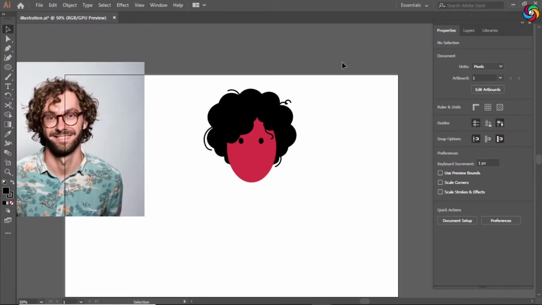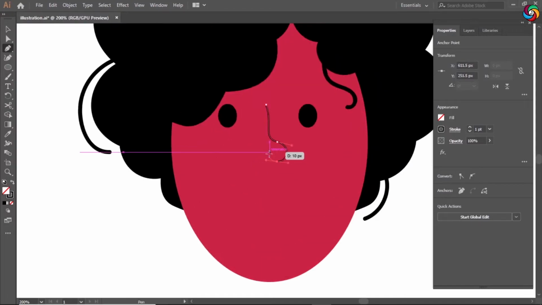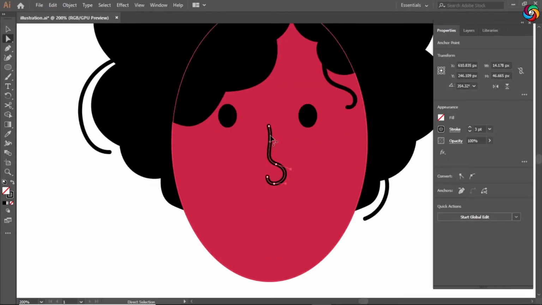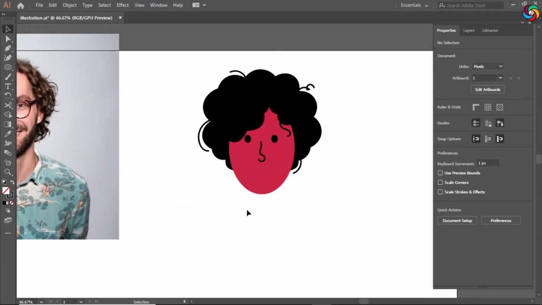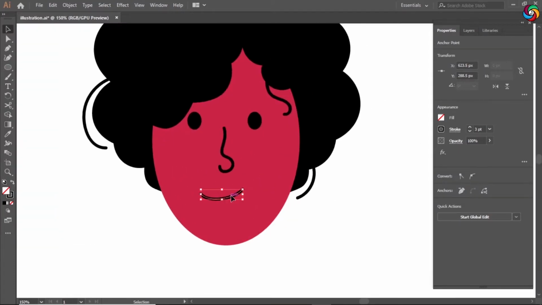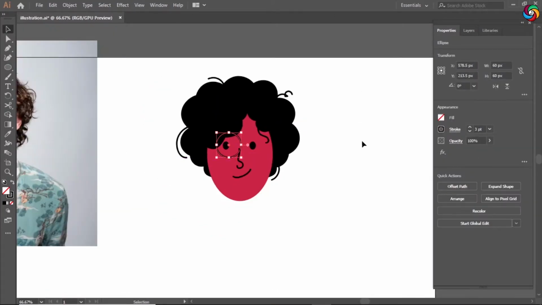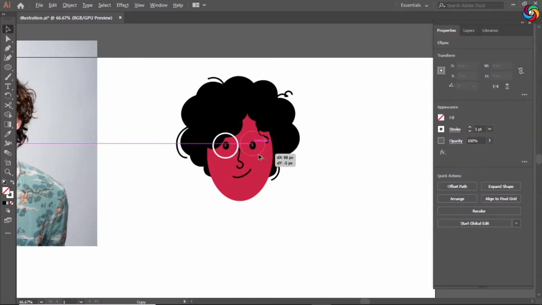And then I'm moving on to draw his facial features. I'm simply drawing two little ellipses for the eyes, and using the pen tool I'll draw a curve for the nose and the mouth. I'm changing the expression here a bit. Of course, I wanted him to have a sort of a smirky, happy smile. I also gave him these cute white glasses by making use of the ellipse tool, of course.